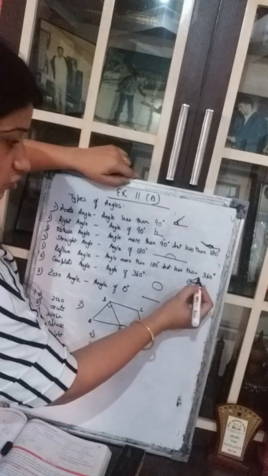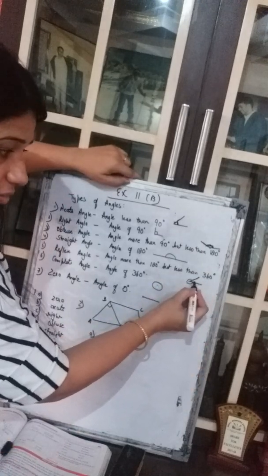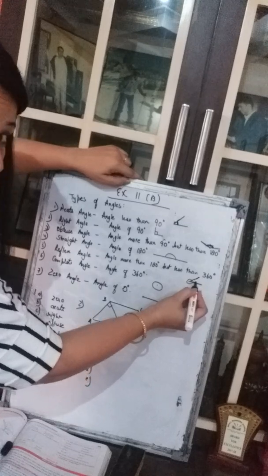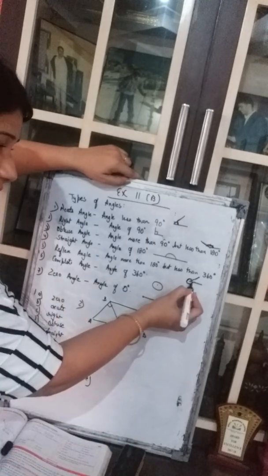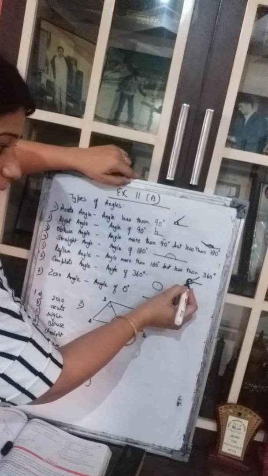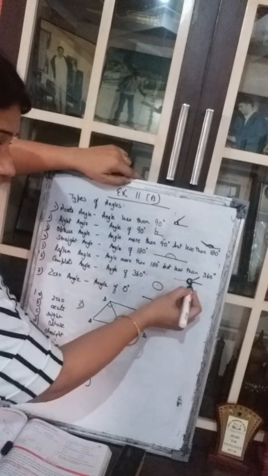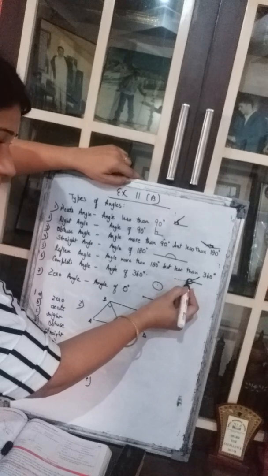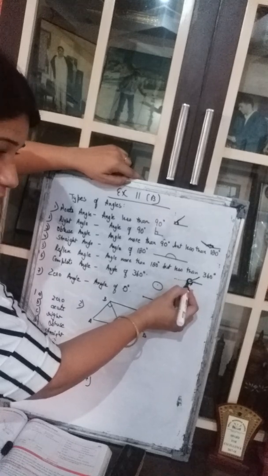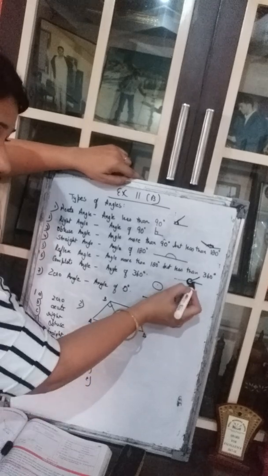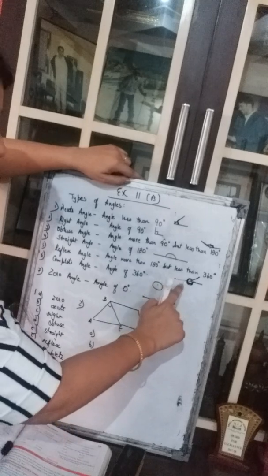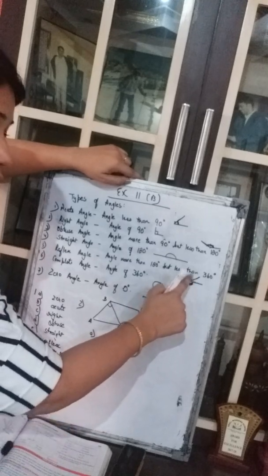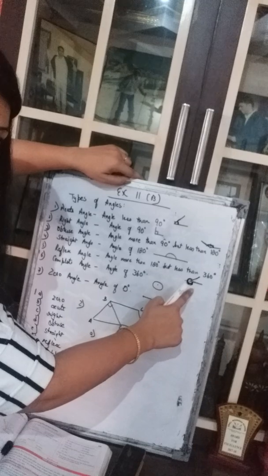Now, how can we show that? See this angle. We are not talking about this inside. Had this been inside, it would have become which angle? Yes, it would have become an acute angle. We are talking of this angle. Suppose it had been 180 degrees, then it would have come like this only. But it is more than 180 degrees. It is going from here to here. But it has not completed the full circle, that means it is not a complete 360 degrees. It is the reflex angle. It is more than 180 but less than 360.